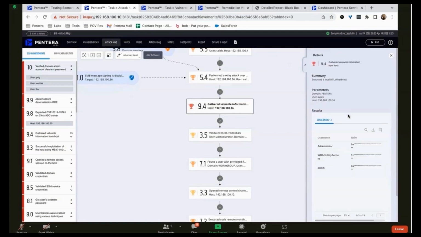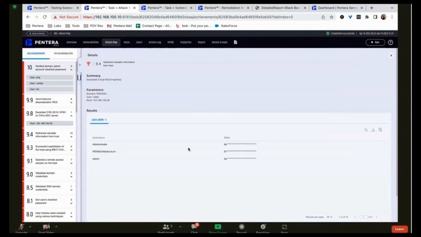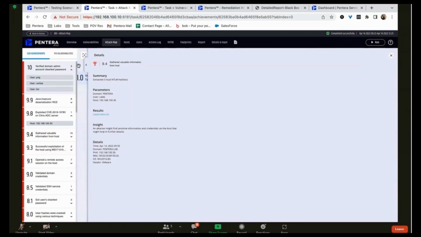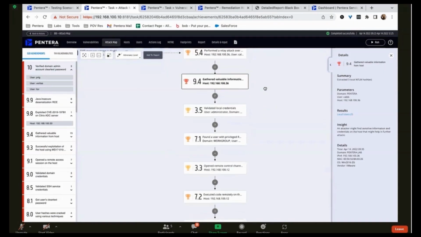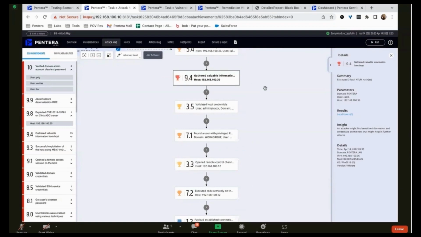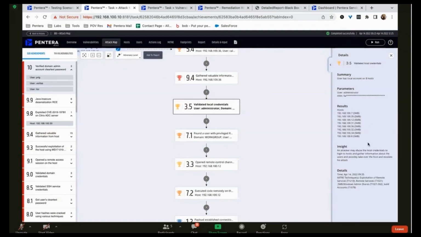In this case, we're successful in dumping out this administrator user and their NTLM hash, a service account and the NTLM hash, and another admin with the same NTLM hash, so it's probably the same account. So now, again, we got another hash, right? We're going to take it offline, try to crack it. We're going to see if that administrator hash, because it's an administrator, can get into any other host devices. We're going to validate it and see if we can get access to 8 different devices here, just using the hash to log in with.